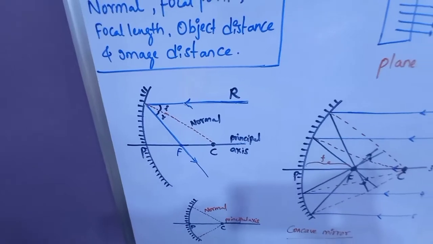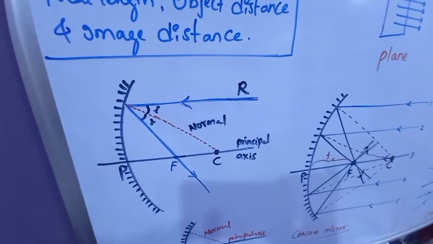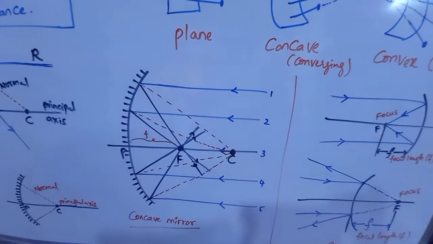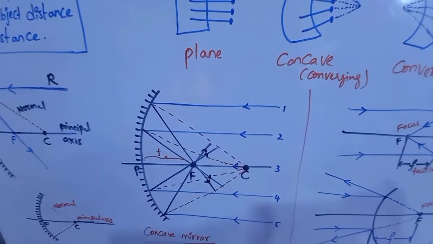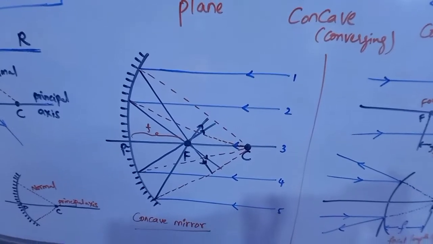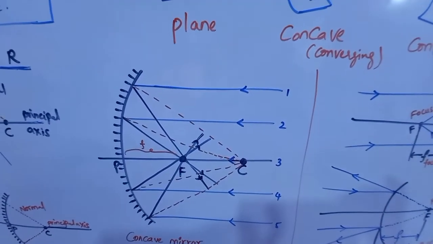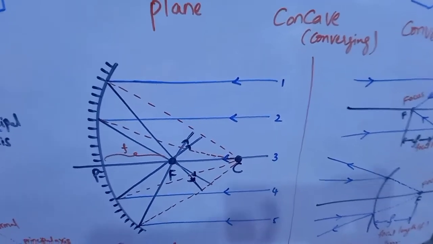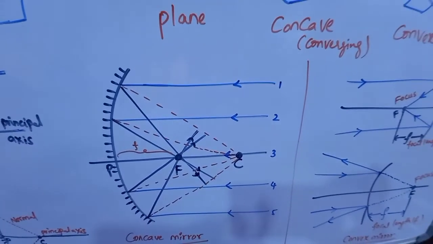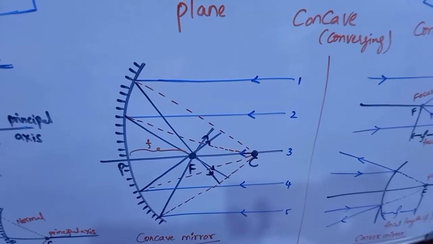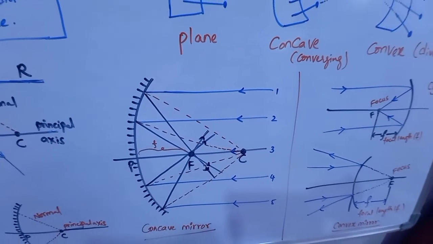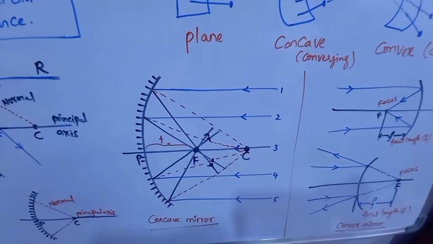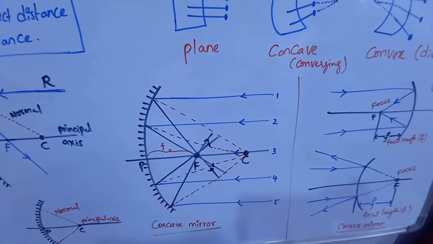Okay, let us do an experiment with sun rays and a concave mirror. If you observe this picture, hold a concave mirror such that sunlight falls on it. For sunlight, I have drawn about 5 incident light rays in this picture, a beam of light. Take a small paper and slowly move it in front of the mirror and find the point where you get the smallest and brightest spot, which will be the image of the sun.